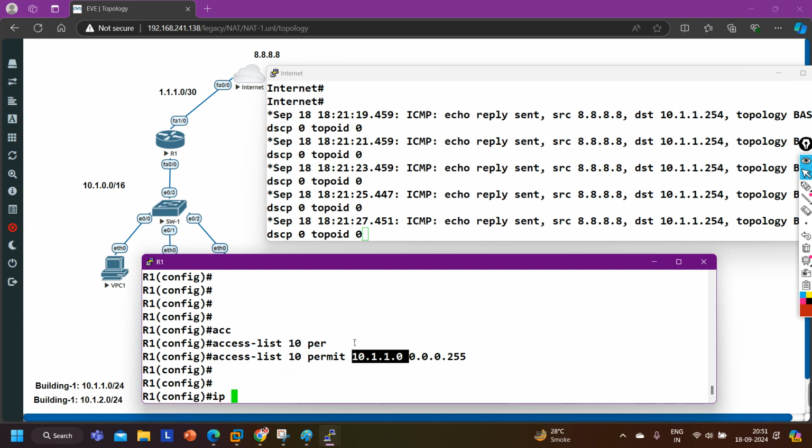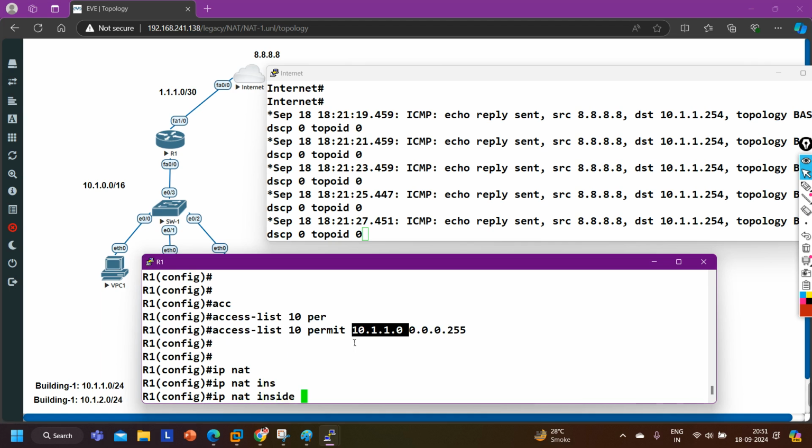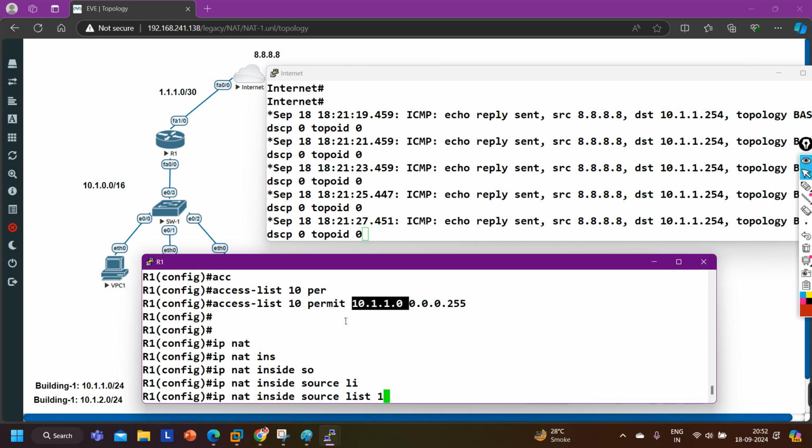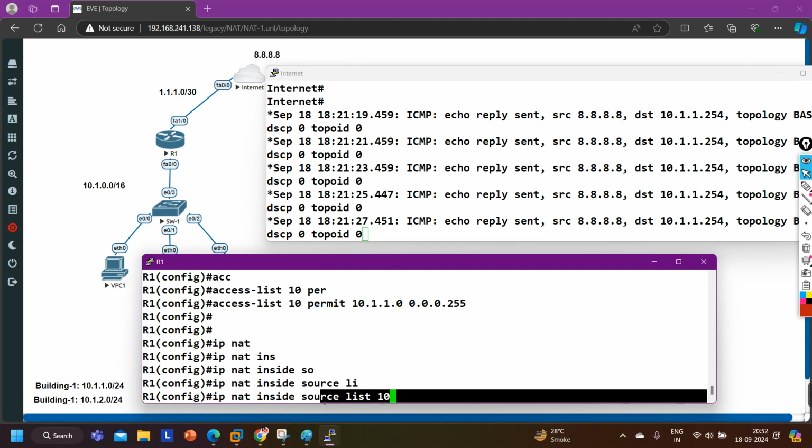Fine. Now I'm going to enable NAT. So ip nat inside source, and from where it will match the source, it will find the source from list number 10. From access list number 10 it will find the source IP address.